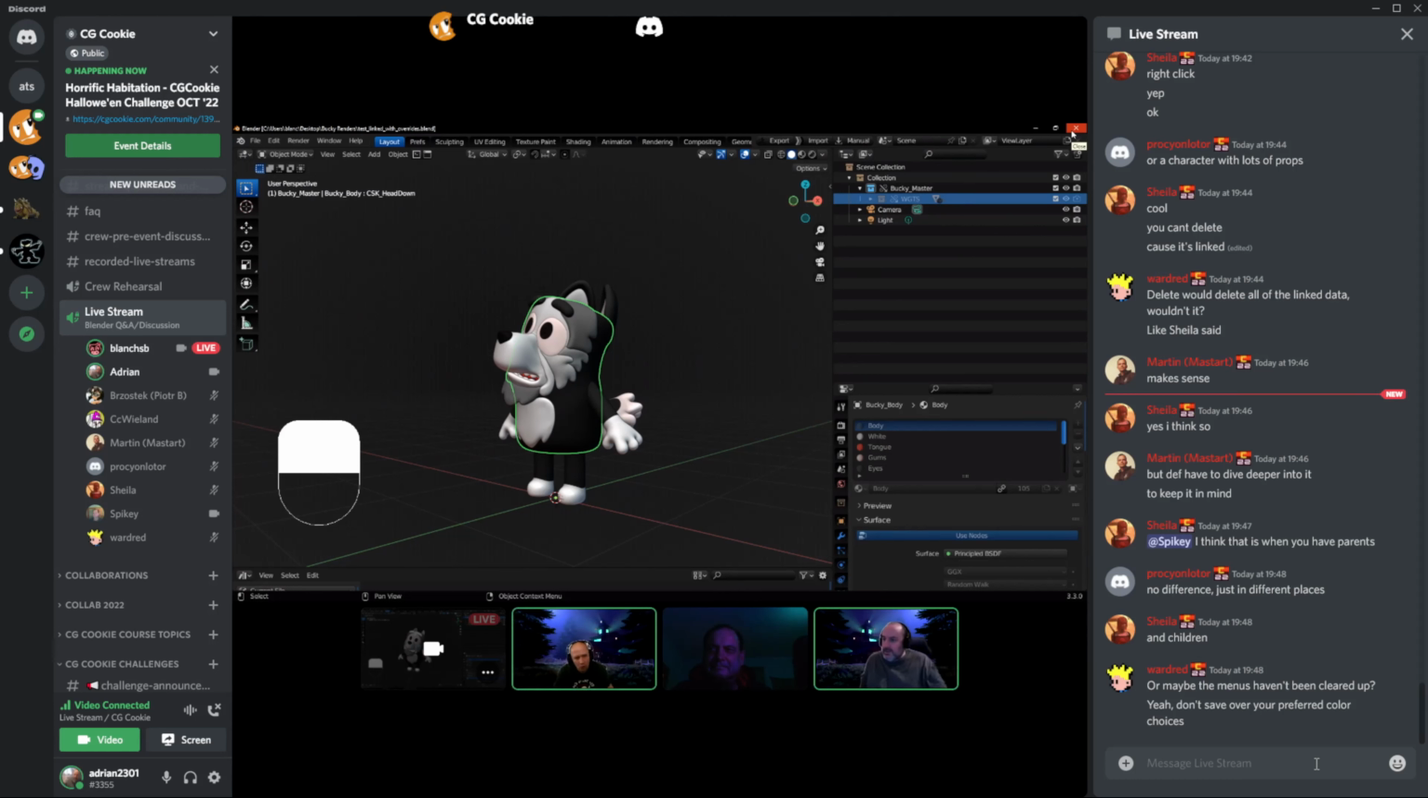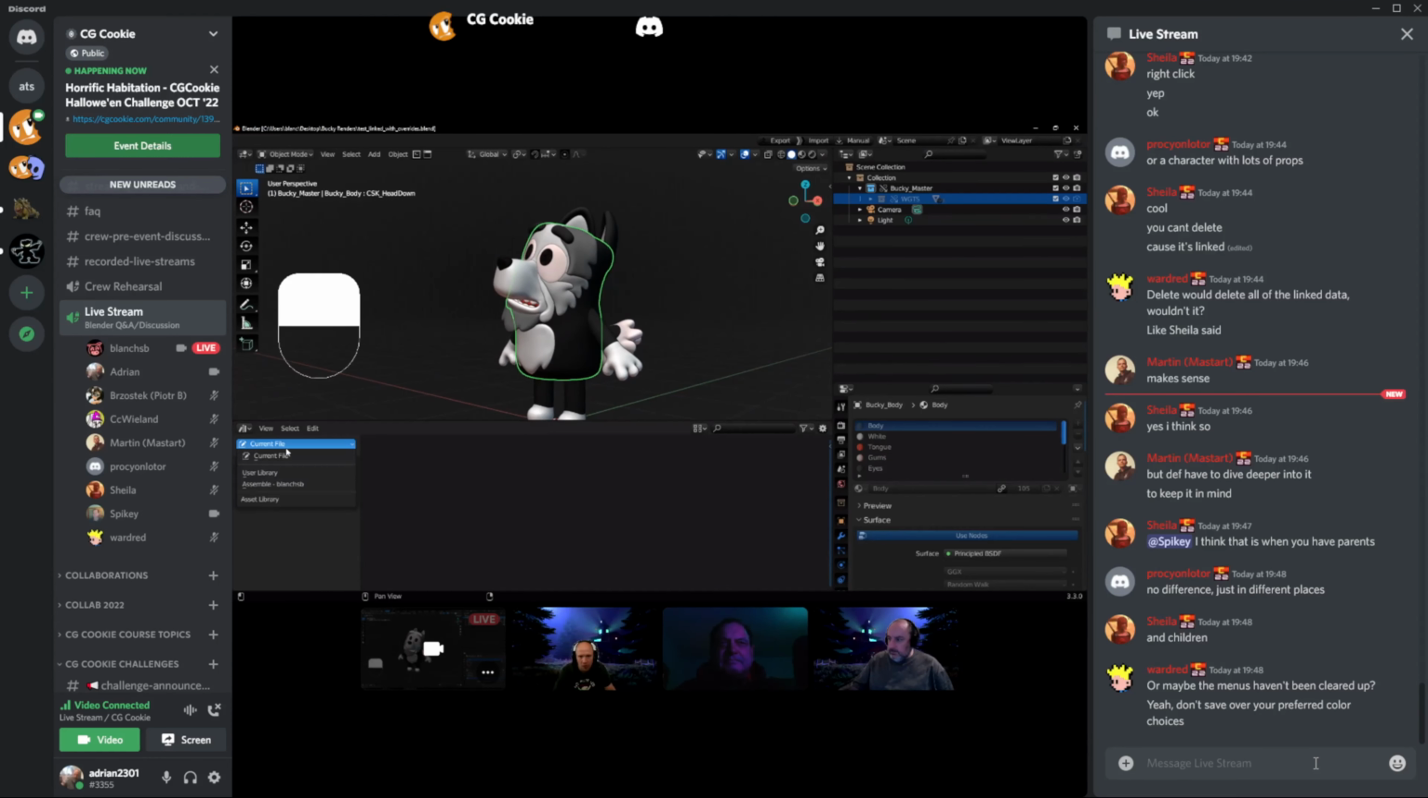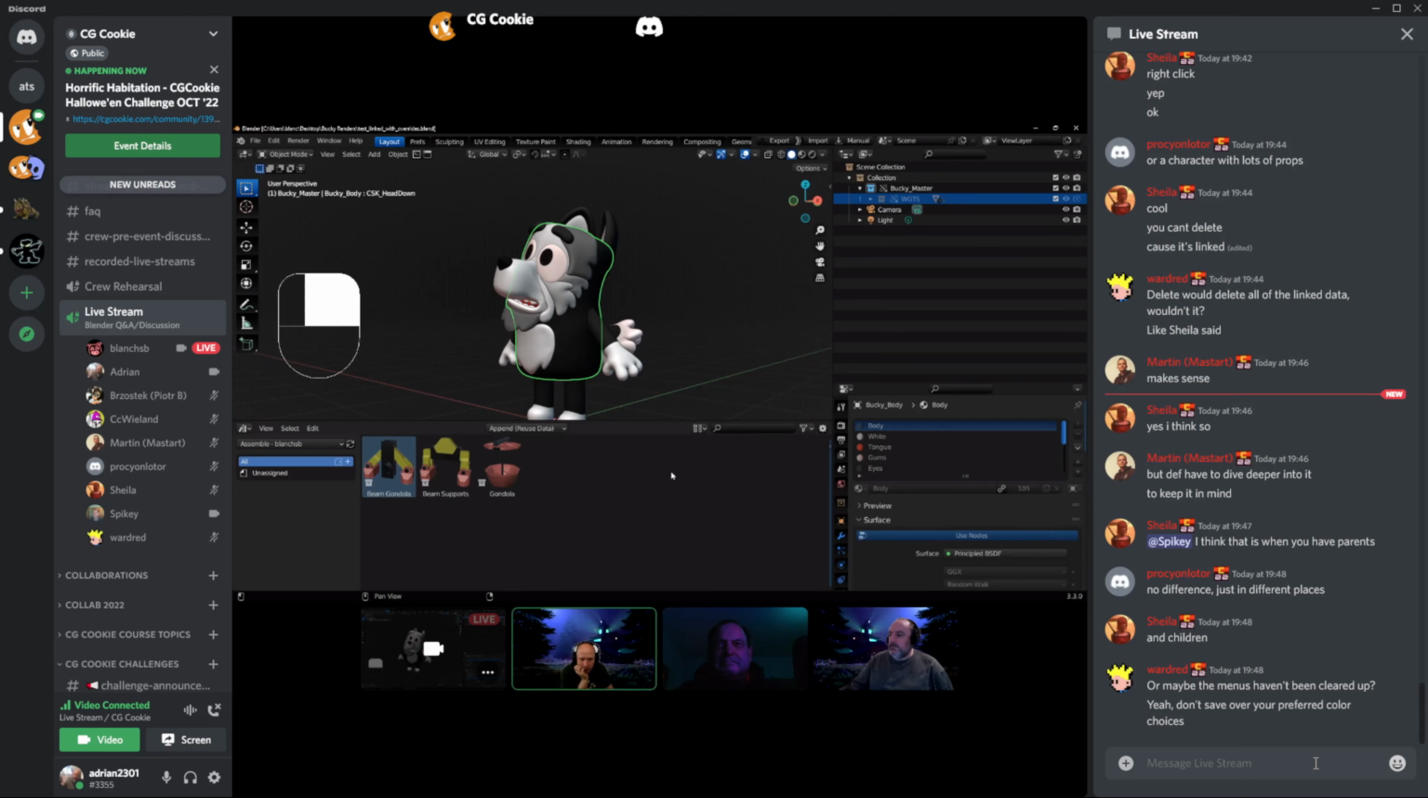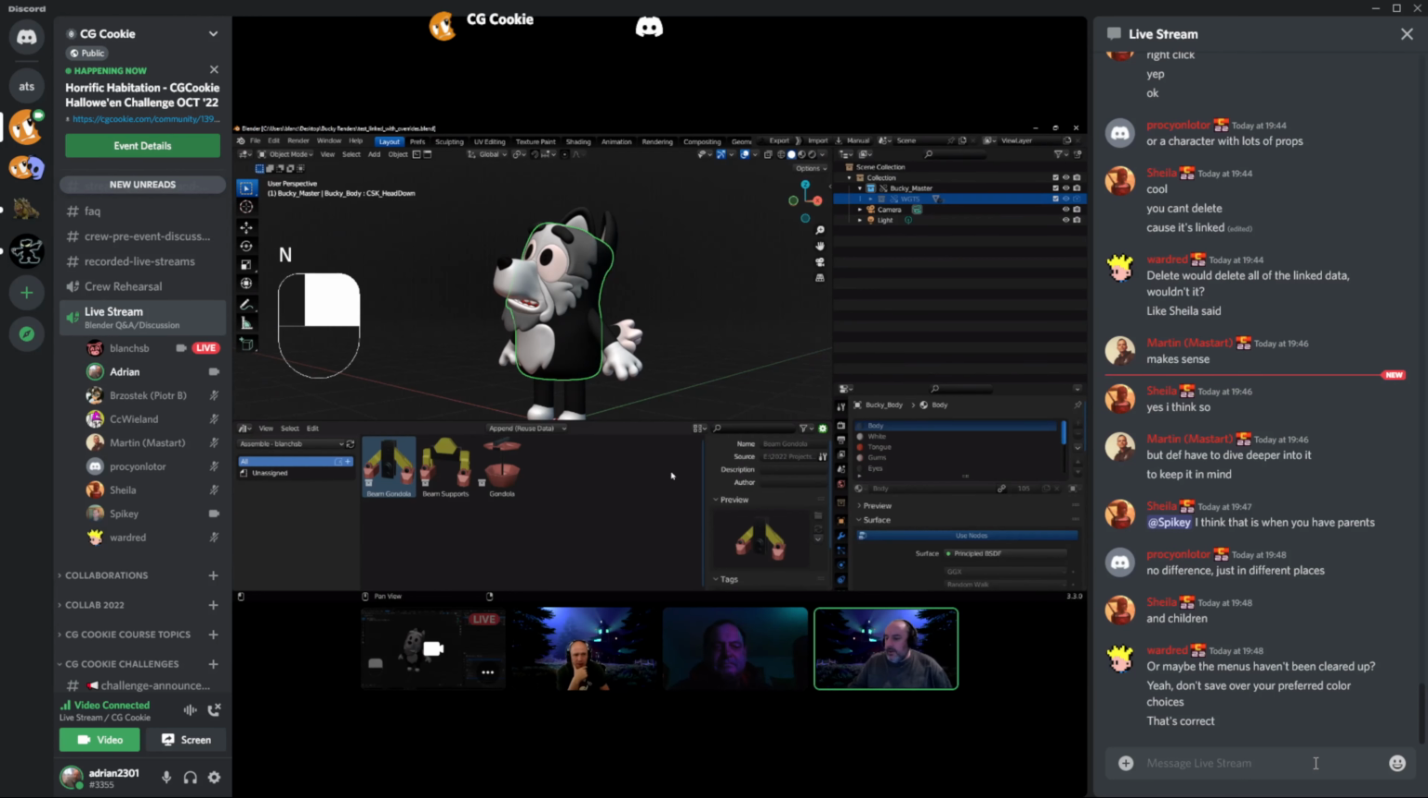Okay, that makes sense. I know Wardred had some questions about... I think we answered one of them. So the question that he had related to the asset library and the fact that files in the asset library, asking if they can use relative paths. Isn't that right, Wardred? I think so, yeah, because you're using different